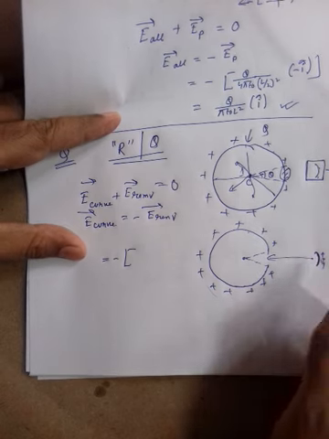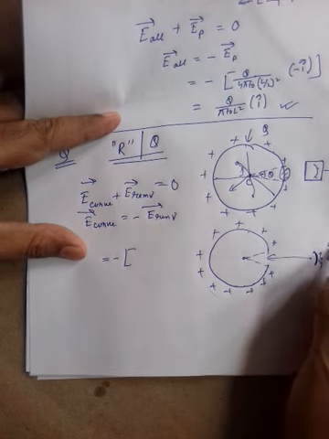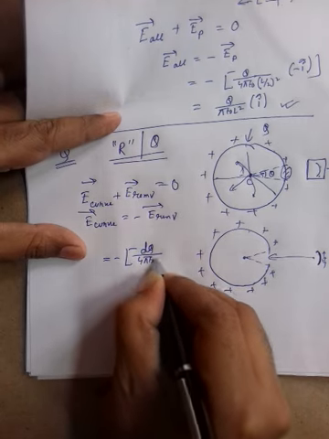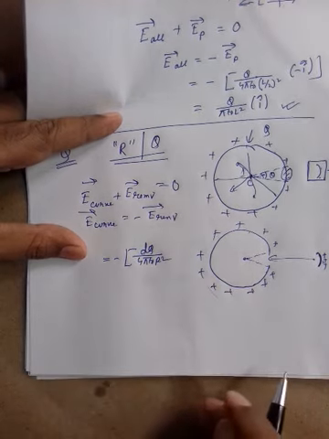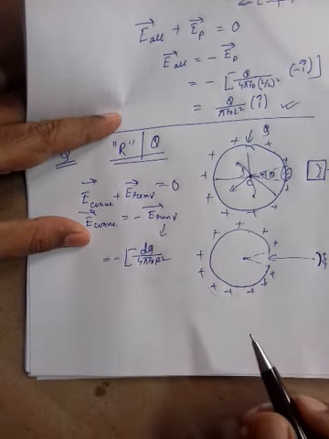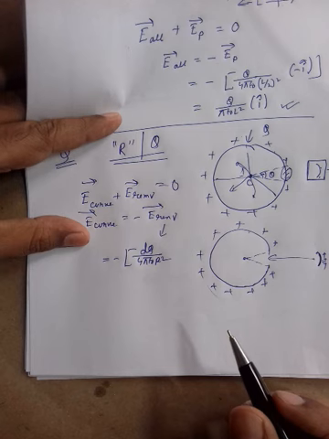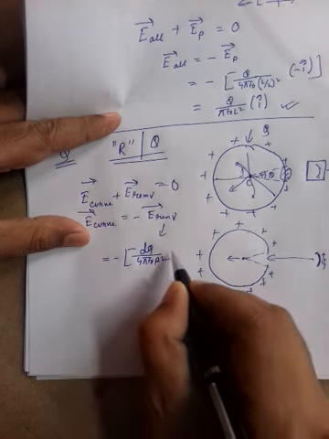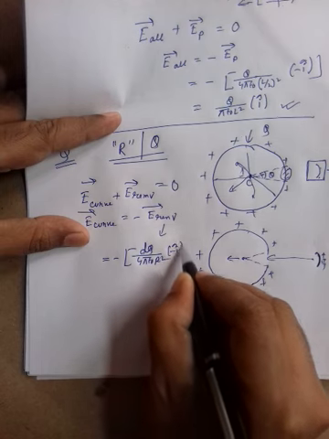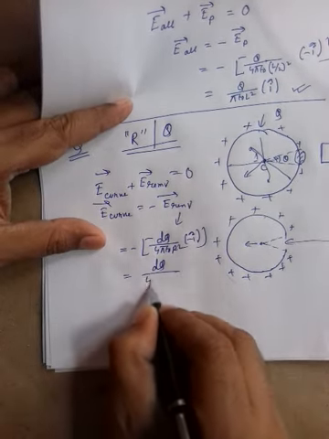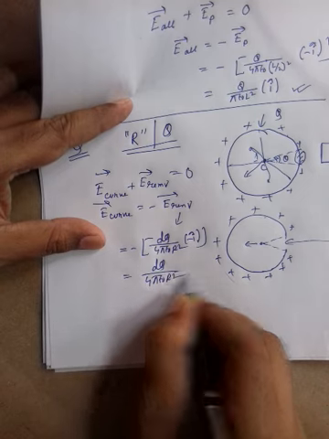So this portion, if it carries dq amount of charge, the field should be dq divided by 4 pi epsilon naught r square. I am writing the field because of the removed part only. Clear? dq divided by 4 pi epsilon naught r square. This portion, if present, will give field like this, so minus of i cap. So minus minus cancel. It is dq by 4 pi epsilon naught r square.